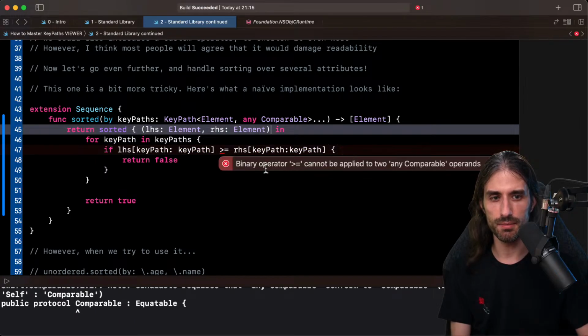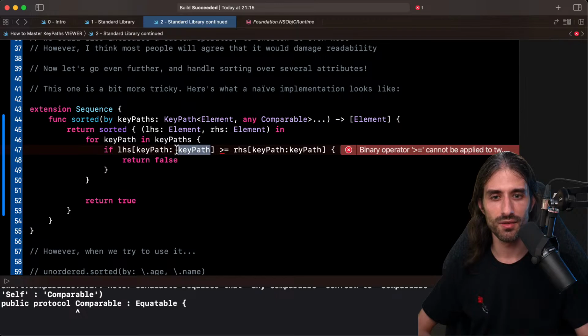Okay, and now it says binary operator cannot be applied to any Comparable operands. So it seems that at this point, we have lost the fact that both properties are comparable, but the compiler doesn't know that they are comparable of the same type. Which kind of makes sense, because when I invoke the key path, in the eyes of Swift, even though it's the same key path, it could be a different type of comparable.